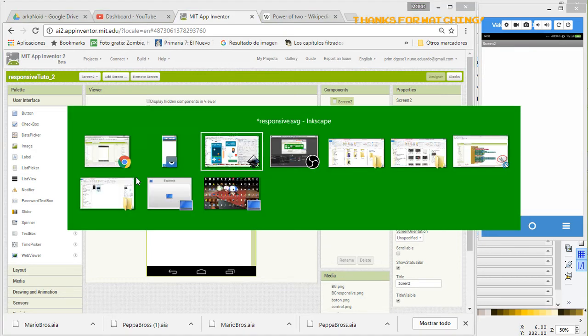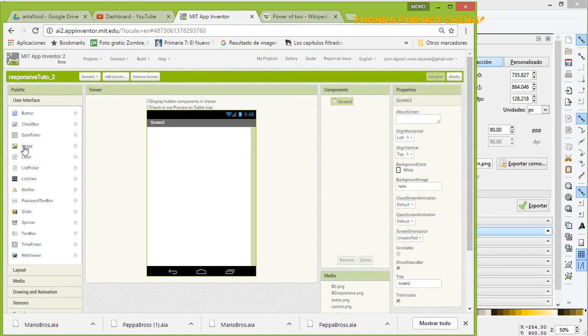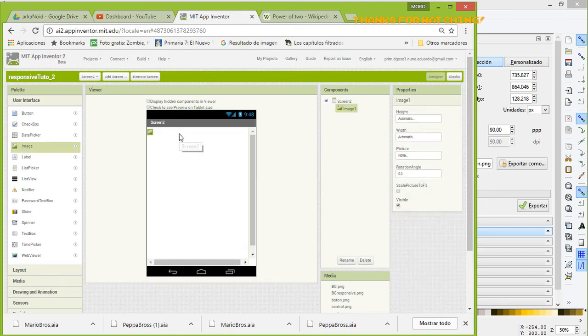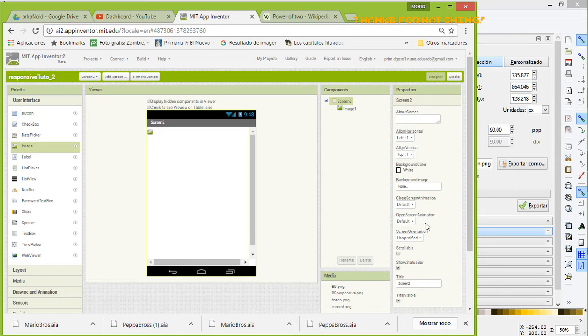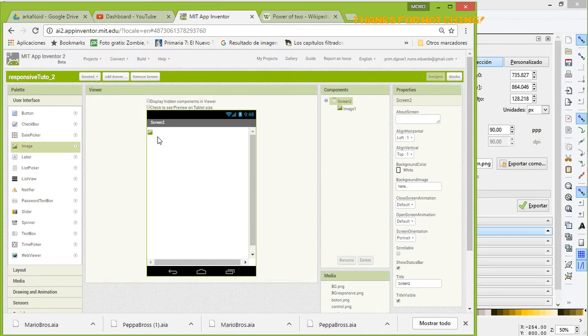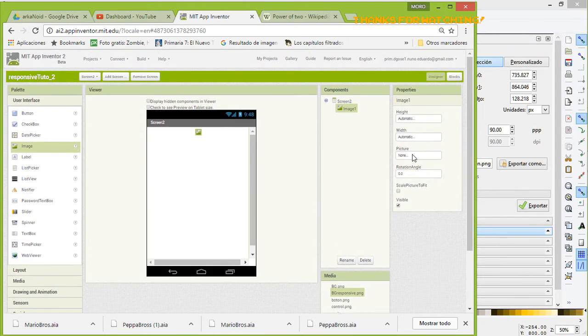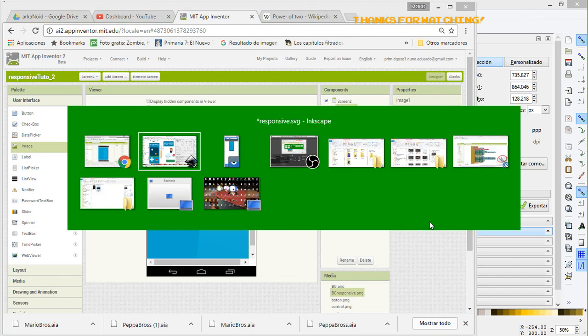So we analyze, and we have here an image. The image is at the top, so we're going to drag an image. In this case, in screen number 2, you cannot set the responsive part. Everything has to be set in screen number 1. Now for the screen, you can just align horizontally, center and top. Now this is the image, the background. So I'm going to set this to the background,